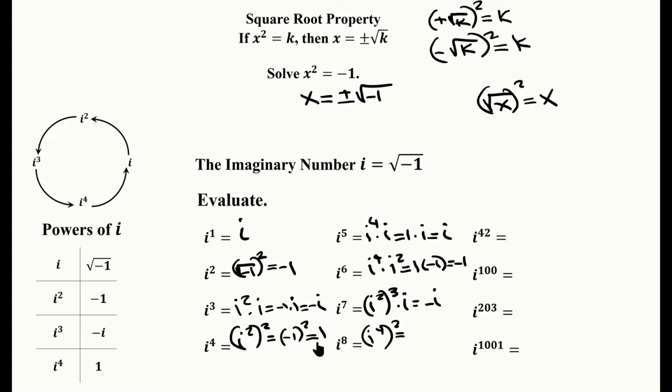It's an easier number to work with, so we get 1 squared, which is 1. And this goes on ad infinitum. You're not going to get any new powers of i. These 4 powers of i that we've listed here in this table are the only powers of i that exist. So when you look at any other higher power, it's going to end up being just one of these 4